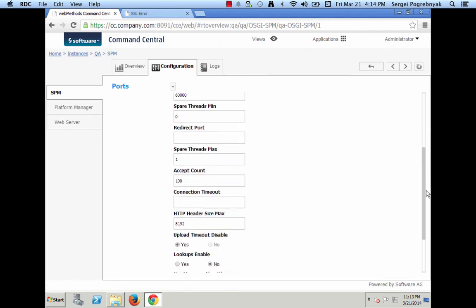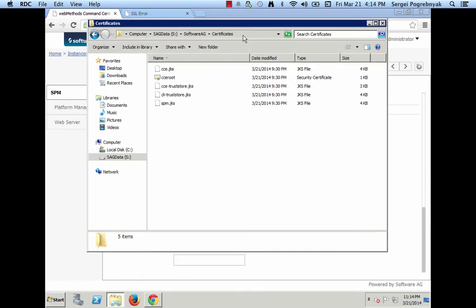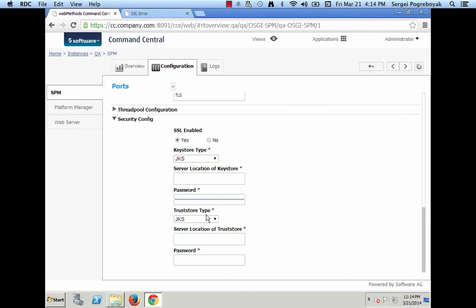I will update the original port, scroll down to the security config, and choose the location of the custom certificate. The only difference is that you need to specify the SPM